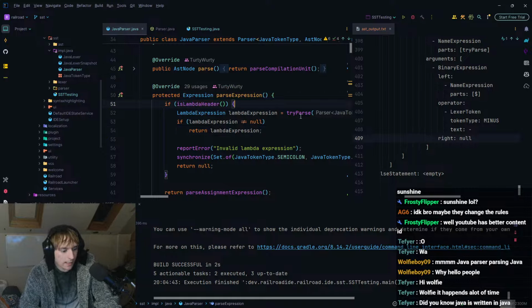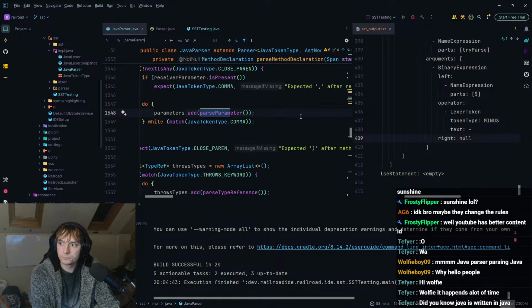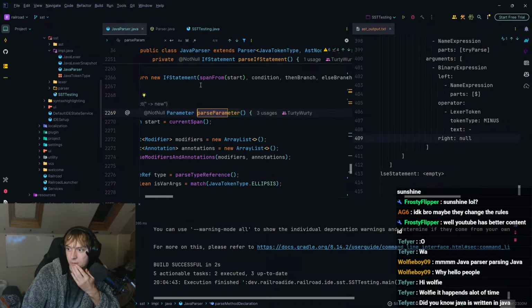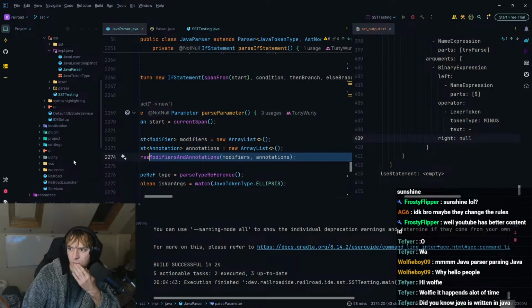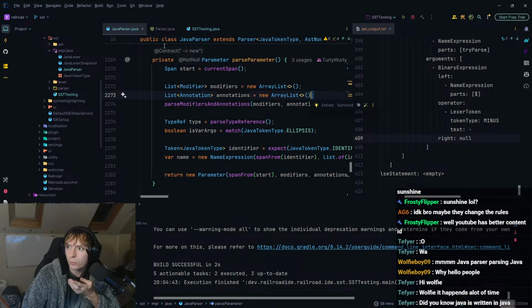Okay, let's look at parse parameter. Because maybe parse parameter isn't passing an expression? No, not parse parameter.